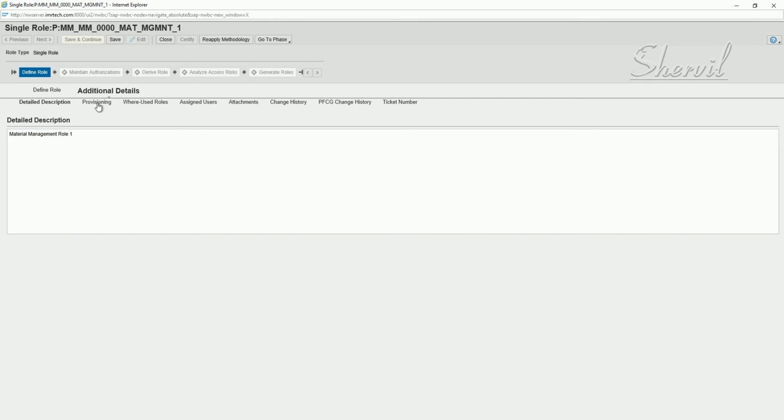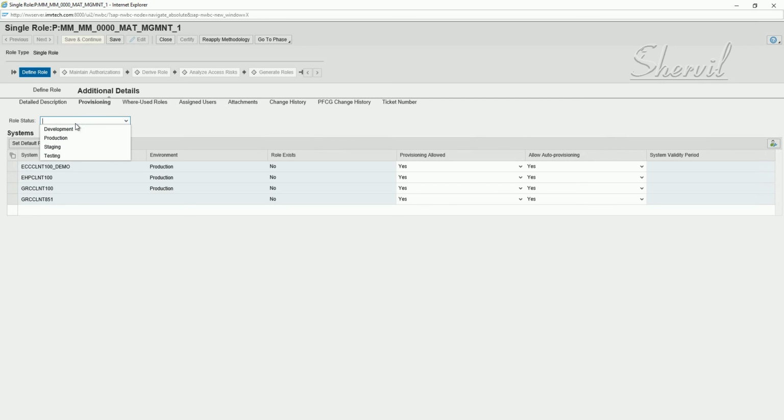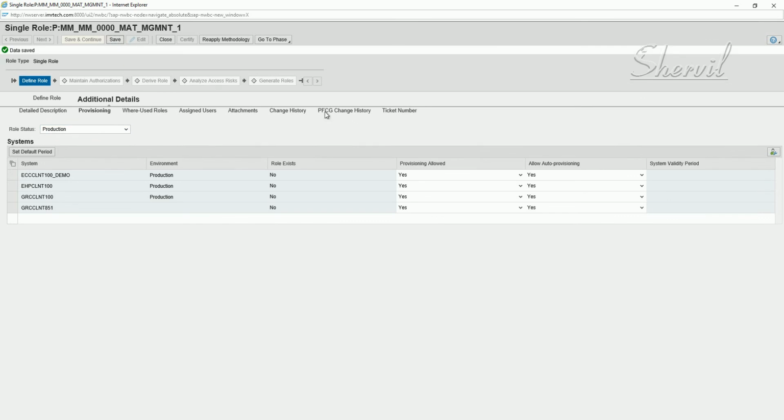Okay, go to provisioning and then assign it as production, because like I said, if the role status is not production, the roles will not be available for user provisioning. All right, save. I'm not going through any of these anymore.